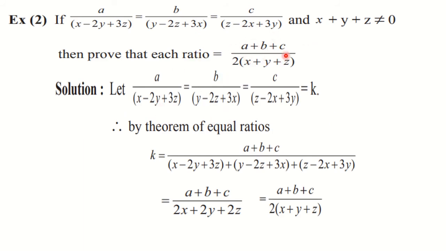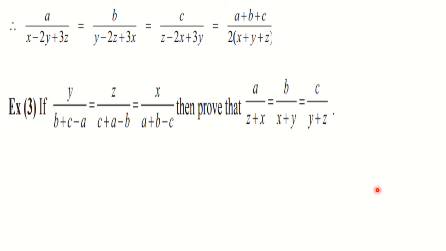You only have to observe what you should do here, what step to be taken, or if you have to make any changes like we have done in the previous sum. So simply by observing what we want to find, we have to go on doing the steps and you are going to get the answer. Okay. Now let us see the third one.